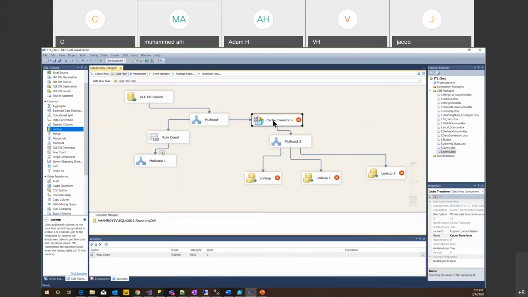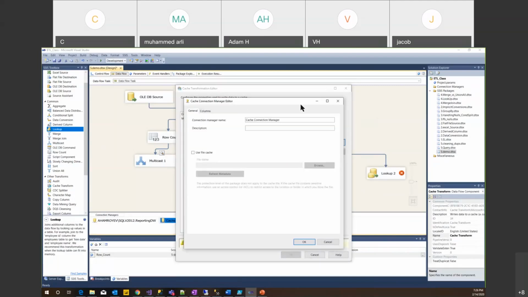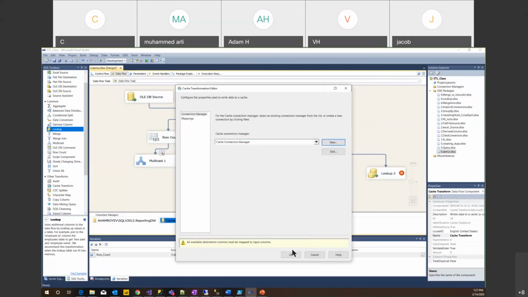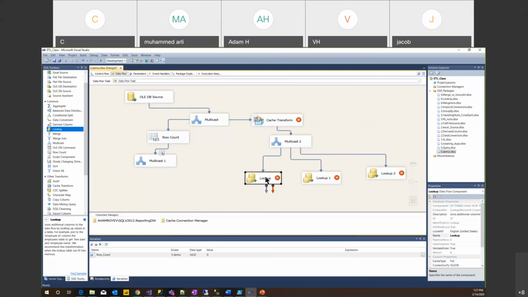For example, if you go here, you have to create a connection here. Connection, you can do direct connection, or you can use a cache file. Let's just skip the cache file part right now. We'll talk about it soon. So columns, you have to say there are 2 types, ID and name, coming. So if you want to use ID for joining, index should be right here 1. The index means which column you want to join with. That's what it's saying. So you say okay, and you say okay, and then right here, when you come here